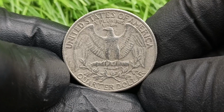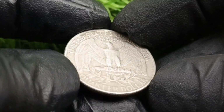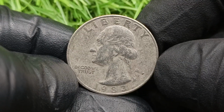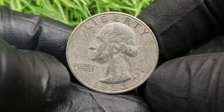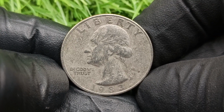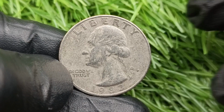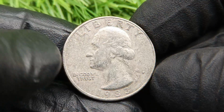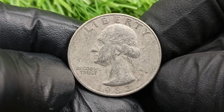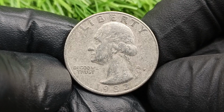history. One of the greatest challenges surrounding the 1983 P Washington quarter is finding examples that remain in exceptional condition. Because so many entered heavy circulation immediately after leaving the mint, untouched specimens gradually became much harder to locate than collectors originally expected. Decades of everyday use left most surviving quarters with scratches, worn details, and dull surfaces. Those fortunate enough to escape this fate retain the bright original mint luster and sharp strike that reveal the true